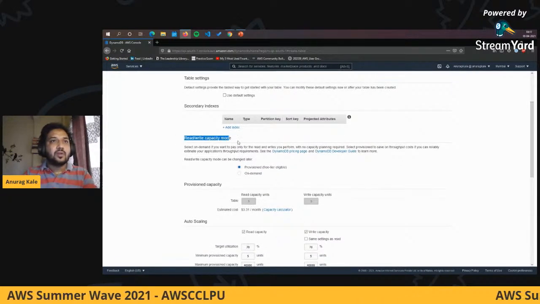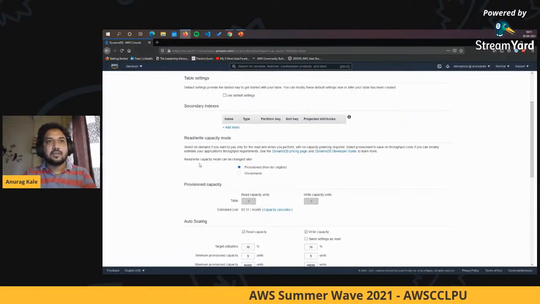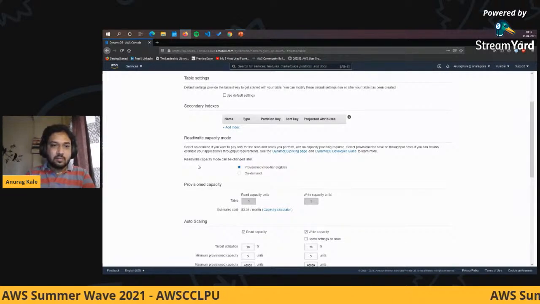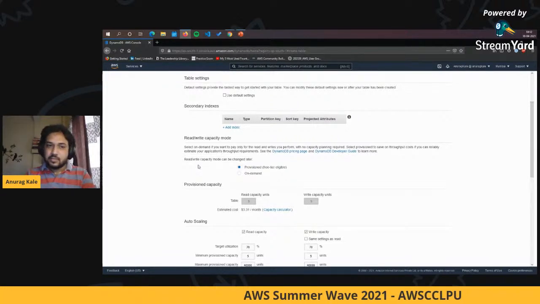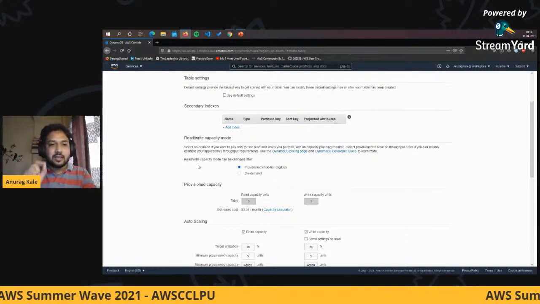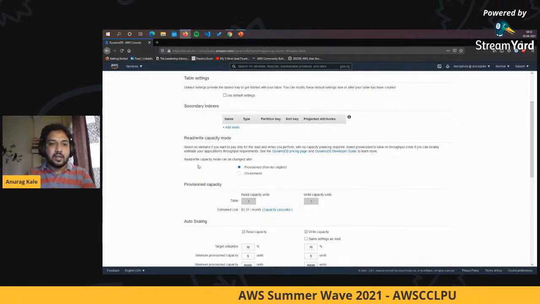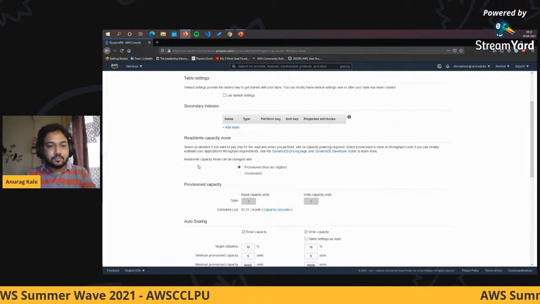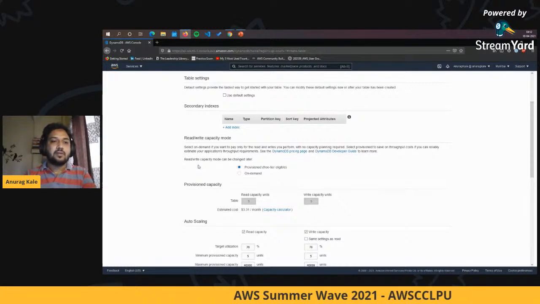And now here is what we call read write capacity mode. This is how the billing works for your DynamoDB. If you remember, I said in the beginning that you are not being billed for provisioning the server. In relational databases or the traditional way, even if your database is receiving 0 connections, and you have spun up a server with 2 GB RAM and 40 GB hard disk, you are going to pay for the entirety. But the flexibility with DynamoDB is you don't need to do that.